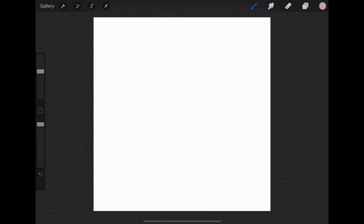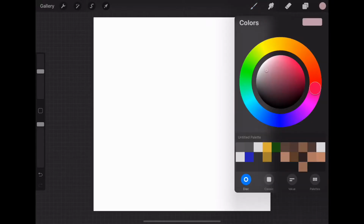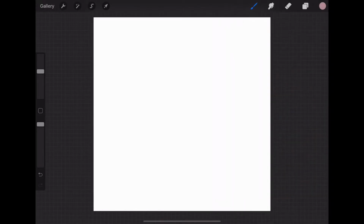And then what you'll want to do is go into the color wheel. As you can see, you can click any color that you want. They also have pre-put together palettes of different colors, so you could choose one of those already put there, or you can use this color wheel and find any color you want. I'm gonna do this mauve light pink color,